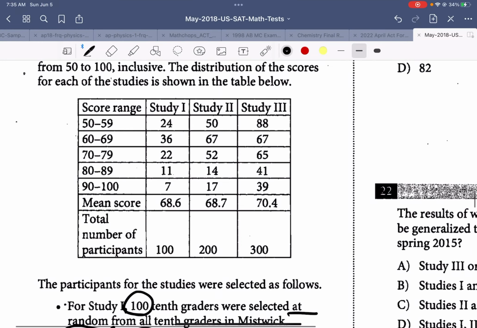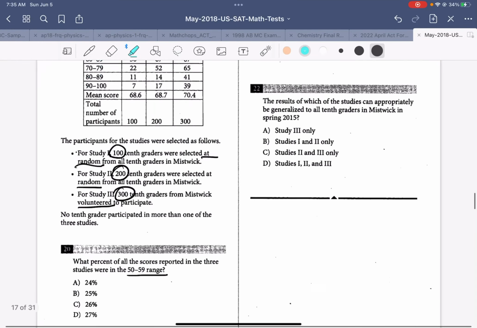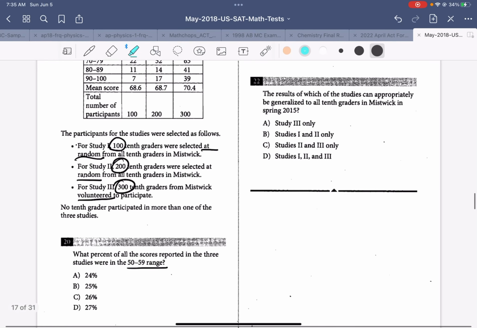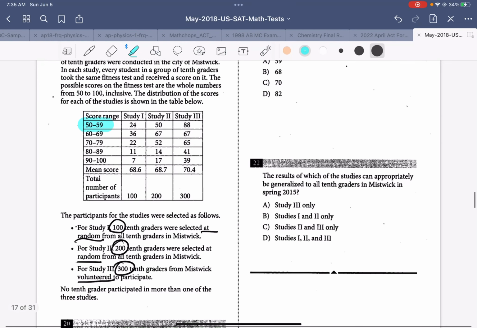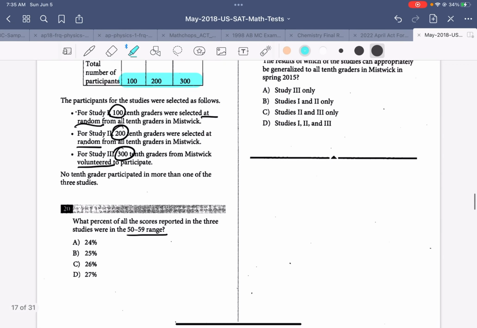Okay, 52 to 59. It's right here. What percent of all scores reported is in that range? If you look at this chart here, the total in the 52 to 59 range out of this whole thing, right? So you can see, you can say,